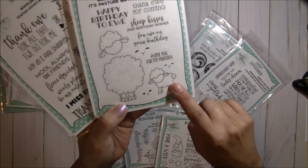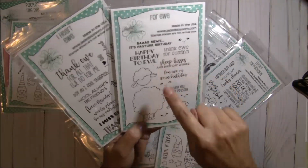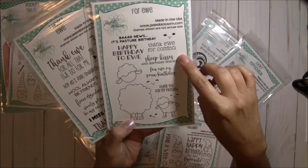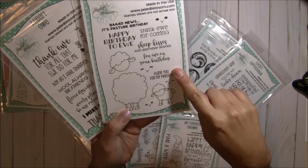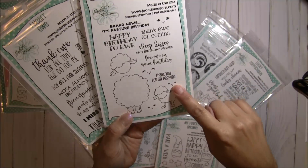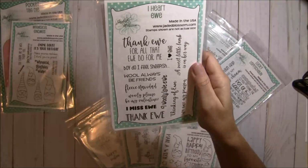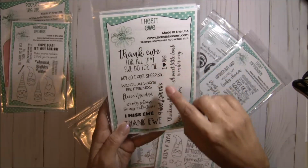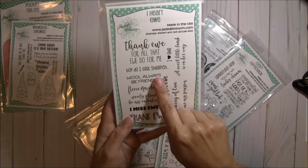And you also get the little faces, and some of the sentiments are: bad news, it's past your birthday; happy birthday to you; thank you for coming; sheep kisses and birthday wishes for you on your birthday; and thank you for my present. And this one is a sentiment set, I Heart You, and you have: thank you for all that you do for me; boy, do I feel sheepish;